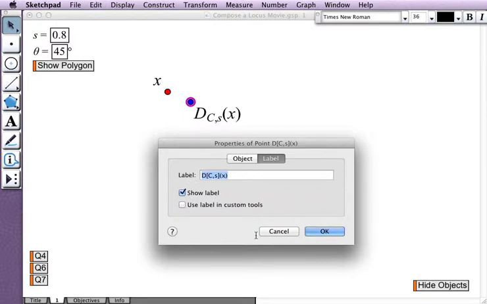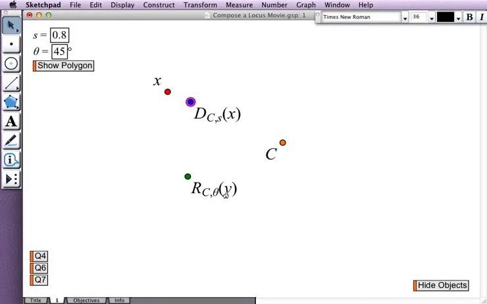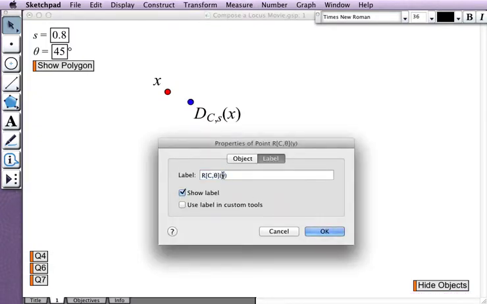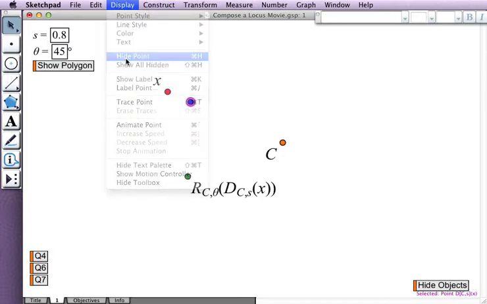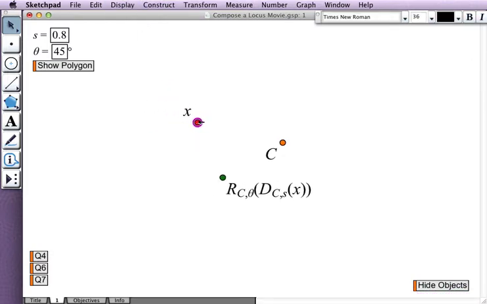So I copy that label and use that in place of the y here, paste. So now the dependent variable is the rotation about C by theta of the dilation about C by scale factor s of x. And we can also hide the intermediate variable. We don't really need to see that anymore, because even without that variable, we now see the composed function with no need to see the intermediate steps. Okay, so we have our function,